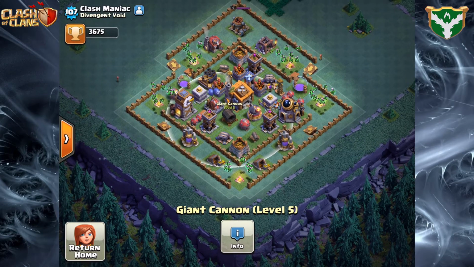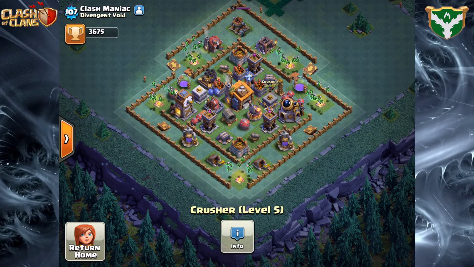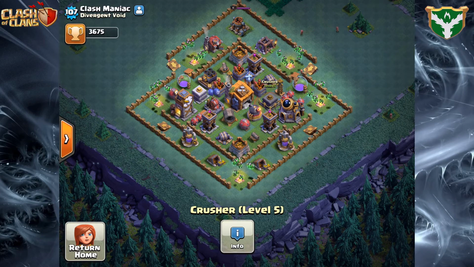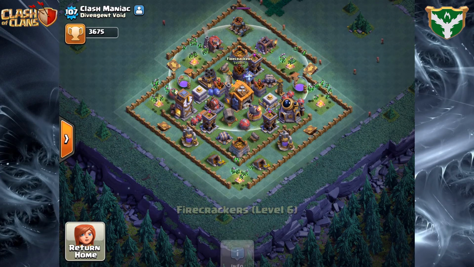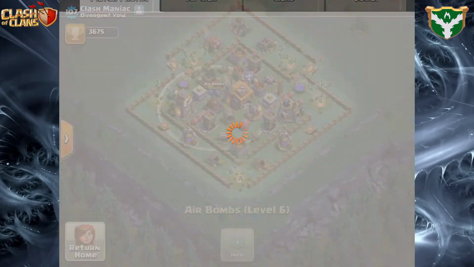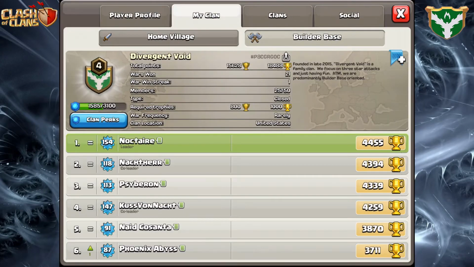Started working on the Crushers, getting those to level 6, simply because really once the key defenses, the MultiMortar and the Roaster, are at level 7, I want to bring the game up to level 6. Some of those other key defenses, we'll get the firecrackers and the air bombs to level 7 once I've got those 2 Crushers to level 6. You can see the same thing on Naid Kosanta,